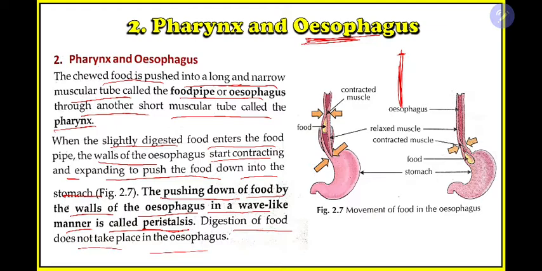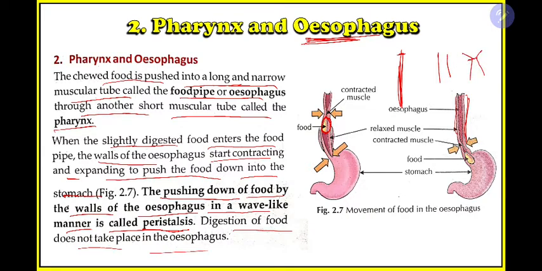For example, let us consider this as your normal food pipe, that is the esophagus, from your mouth to the stomach. This is a normal case. You are eating something. Whenever you eat something, your food pipe will move in such a way that it will contract. For example, this is the pipe, so it will become like this.